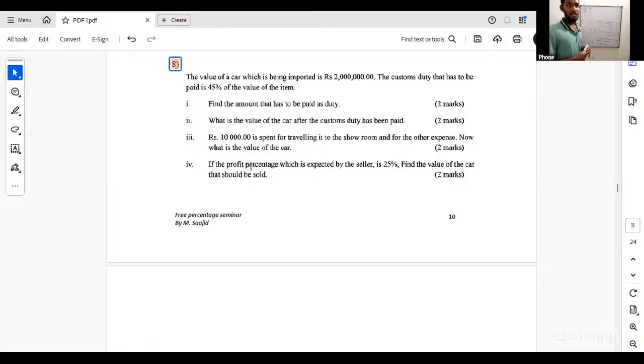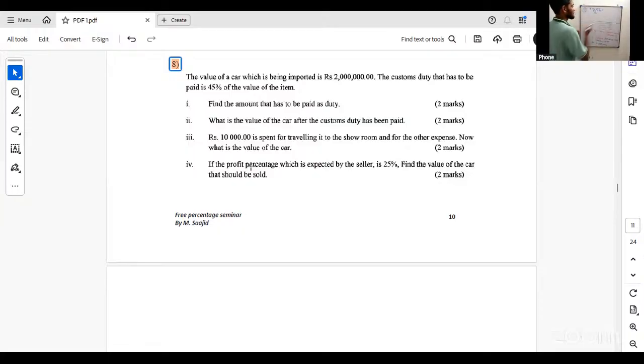Now still the seller won't just sell at this amount. He just won't sell the car for this amount. Why? Because he needs a profit, right? So he expects a 25% profit from this. Means the selling price of the car is